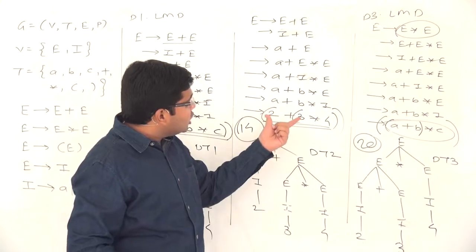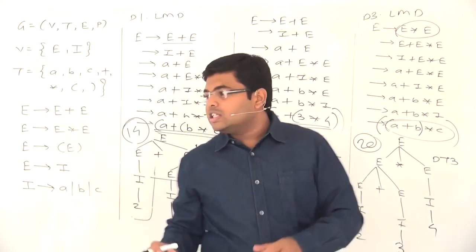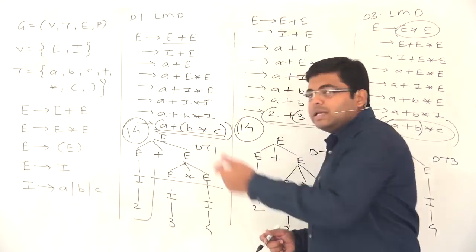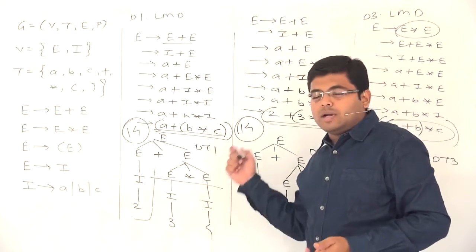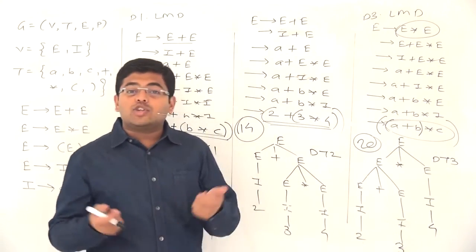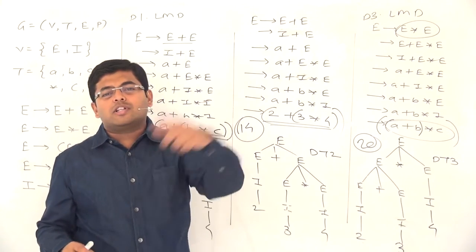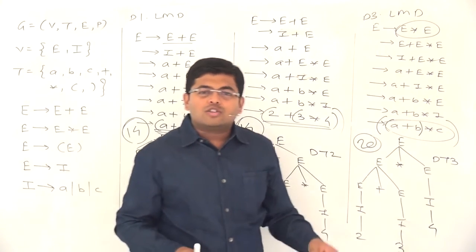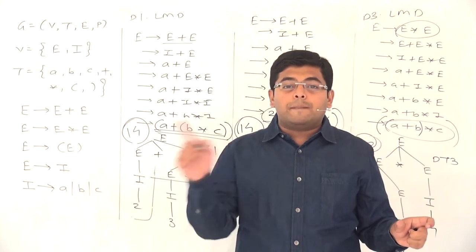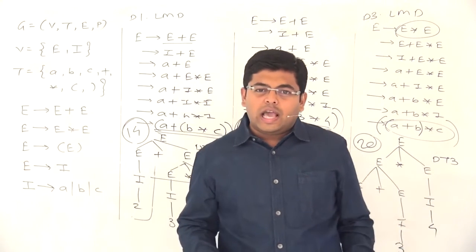So even though the strings are the same, the values are different, and that is why, whether A plus B multiplied by C, whether 2 plus 3 multiplied by 4 will be equal to 14 or will be equal to 20, that is not clear, and this absence of clarity is nothing but the presence of ambiguity. So if something is clear, it is unambiguous, it is not ambiguous. If something is unclear, it is ambiguous.